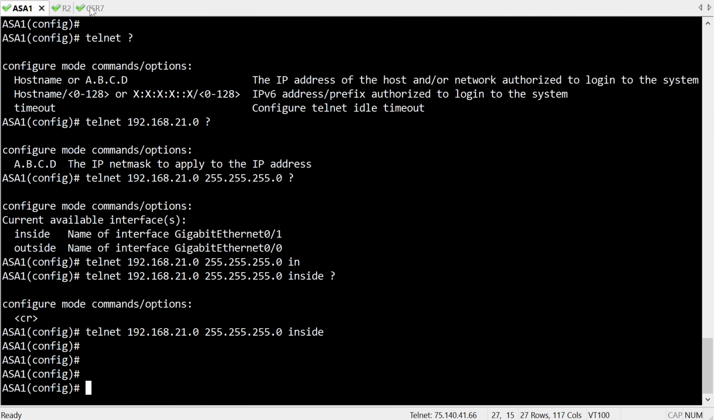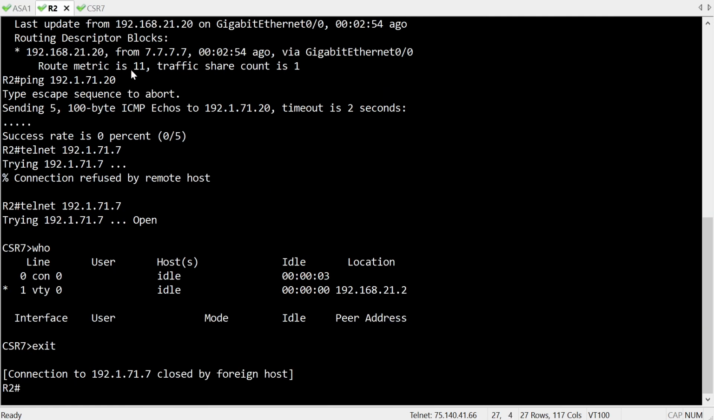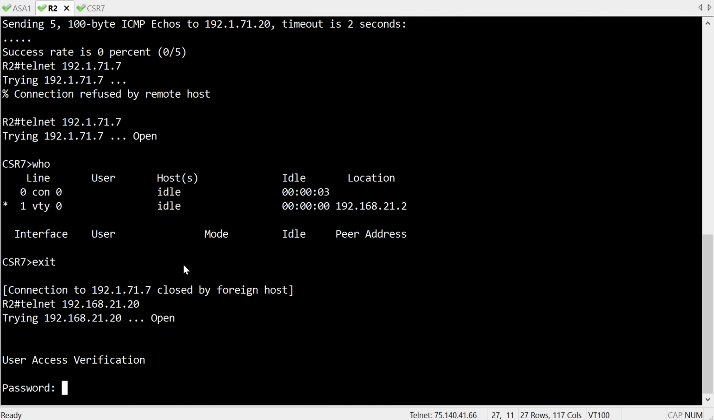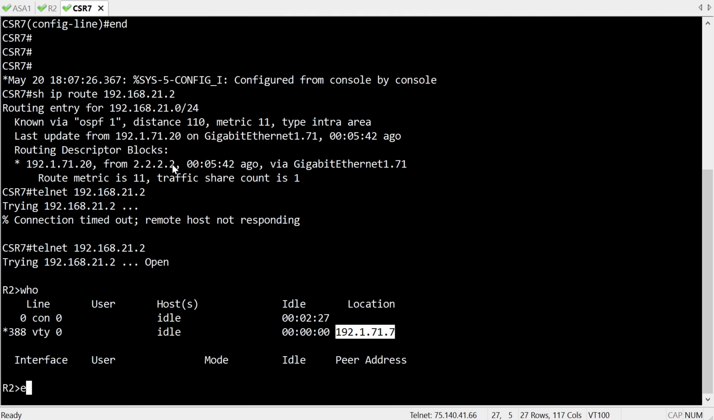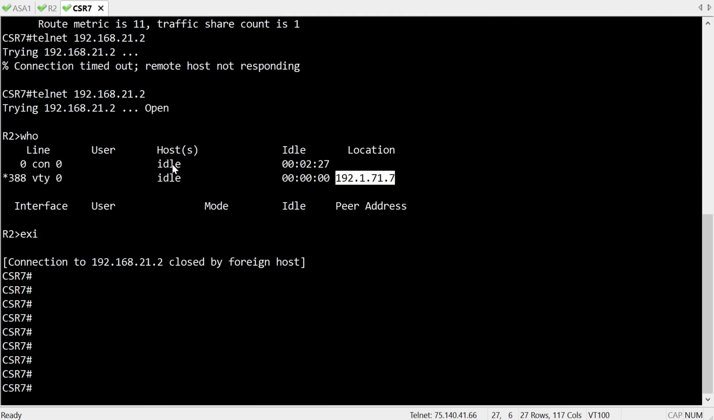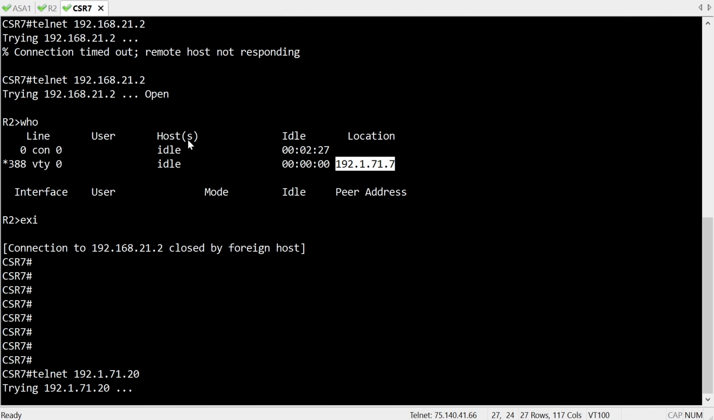So let's take a look at this. Let's go to router 2. Let's try to telnet to the ASA 192.168.21.20. So we see it asks me for authentication, versus if I were to do this from router 7, which is connected on the outside, this is not going to work because I'm not allowing those telnet packets from the outside. Well, telnet is actually never going to work on the outside unless you do telnet via an IPsec tunnel,